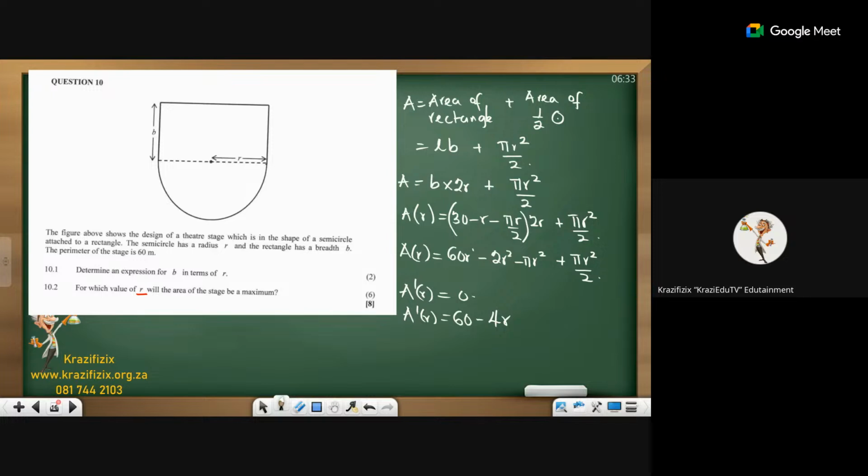Remember, we are deriving with respect to r. I think I'll prefer us to not get rid of that 2 now. We are not writing A in terms of r. Some of you are going to say, okay,